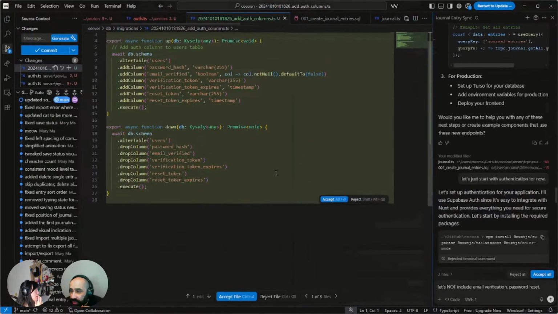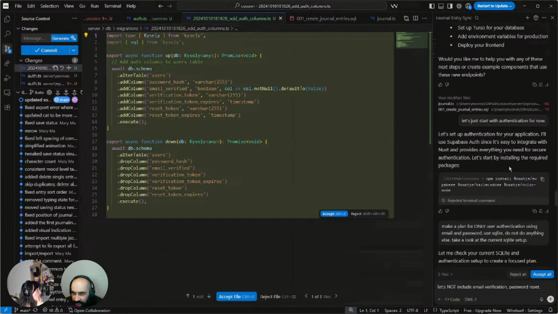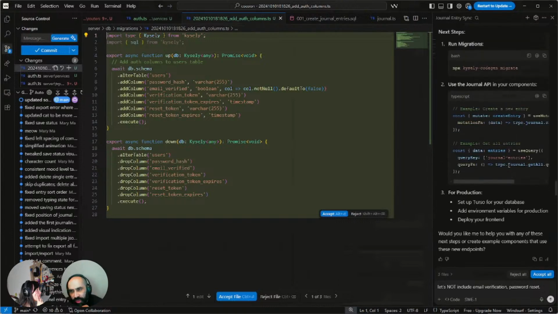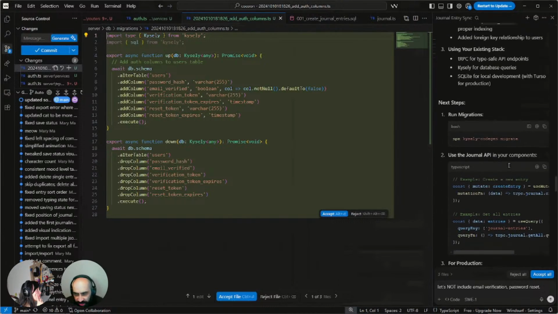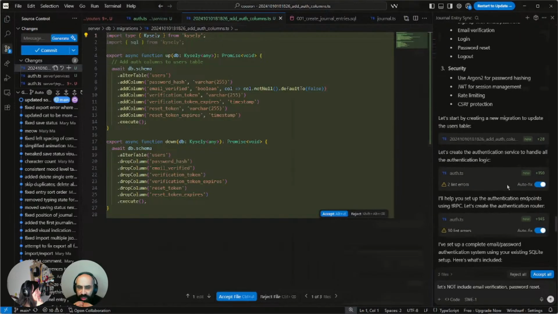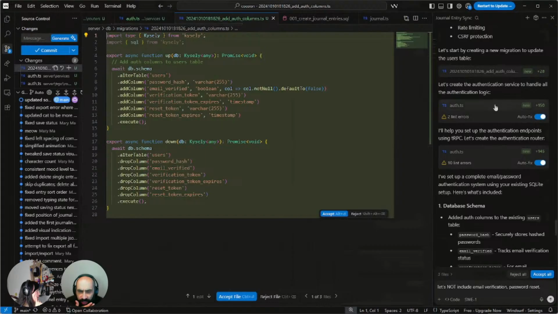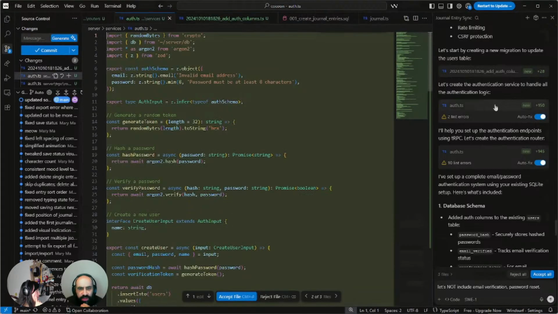So here's altering the table users, and it's adding a bunch of columns. So I guess we haven't given it the latest command. It will change these files in a bit, because once we tell it about the verification token or reset token, all this functionality that we don't really want to start. Actually, let's give it that command. Should I reject? Yeah, I guess so. Let's reject all for now.